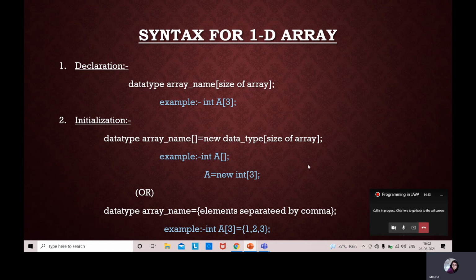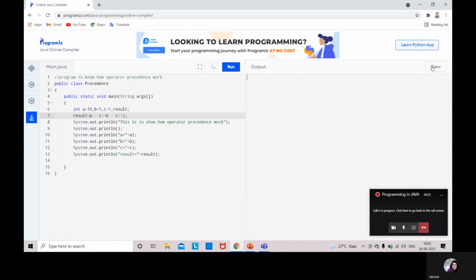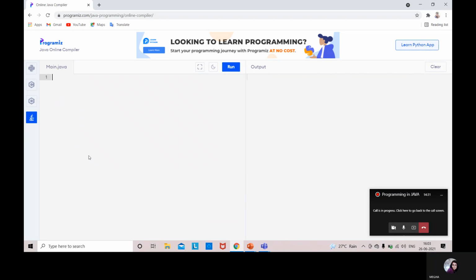So let us see a program for a one-dimensional array. Like class, just a user-defined name, array.